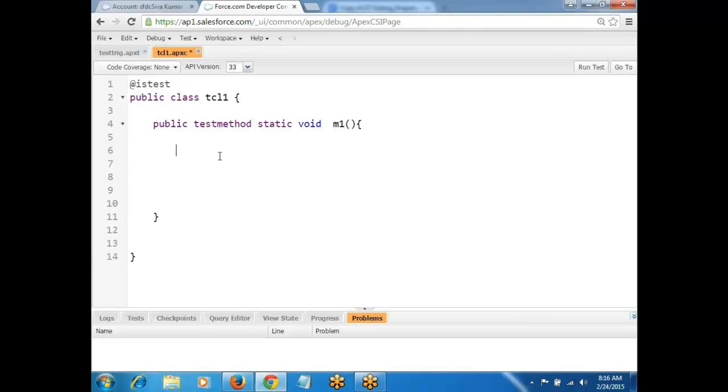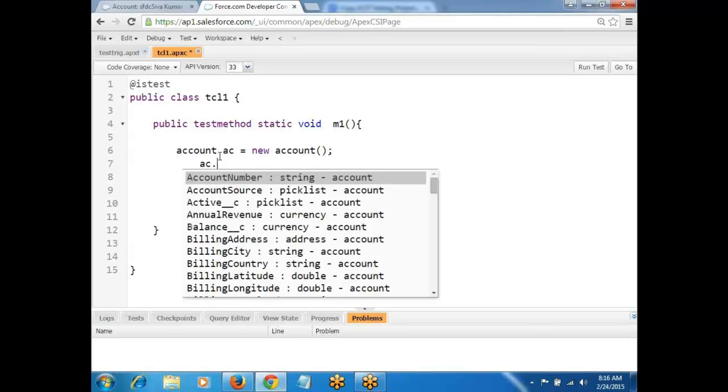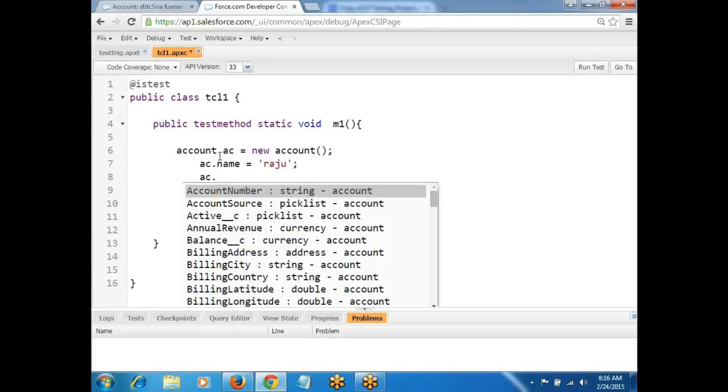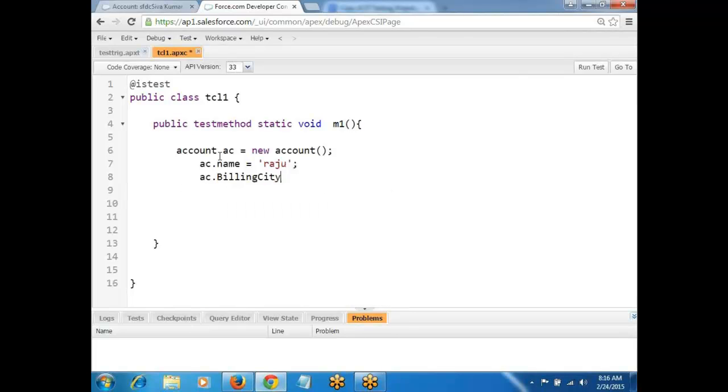How to insert the record? Account ac = new Account(); ac.name = 'Raj'; insert ac;